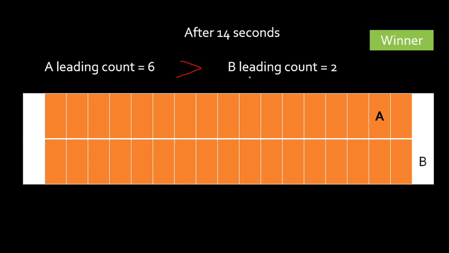So even though B reached the final line first, who are we going to consider as the winner? We'll consider A as the winner. Can you all understand why? Because A was leading most of the time. So for this problem, you will not consider the distance covered by them. See, B has covered the full distance first, right? But I will not consider the distance covered by them. We will only consider their leading count. Based on their leading count only, everything is going to be determined. So I hope I made this clear. Now if you take a look at the problem statement, you'll be able to understand it better.